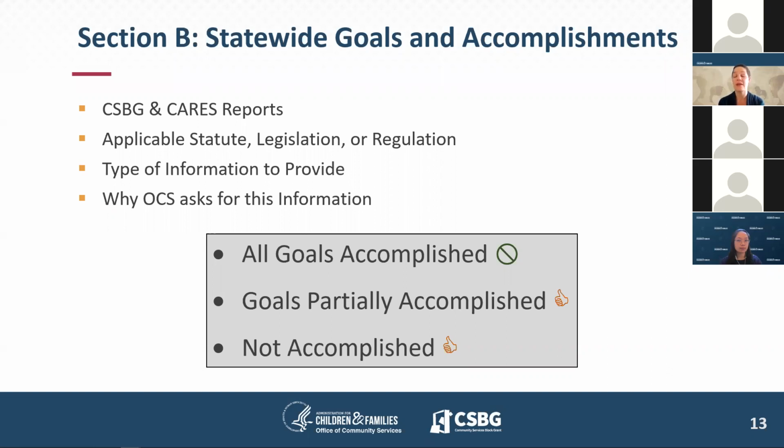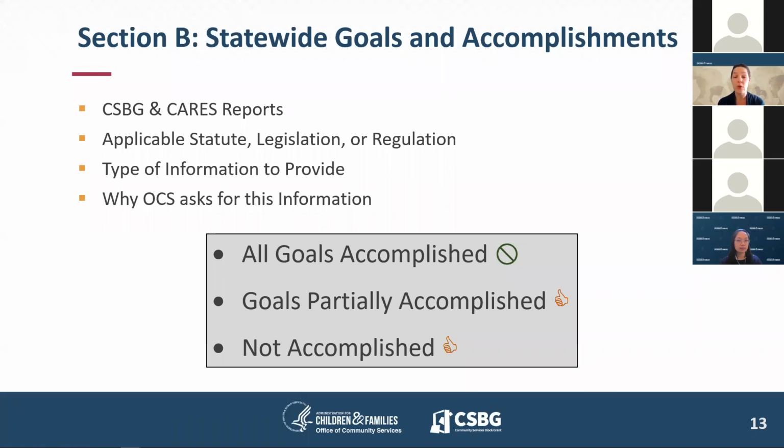We understand that things change, especially the last 2 years of life in America. Everything has been thrown a curveball. So it's not necessarily that you achieve all of the goals that you laid out in your plan, as long as you make sure that you explain them. And that's what we're looking for. We're looking for you to explain what happened and give us reasons why, what lessons you learned in your process.